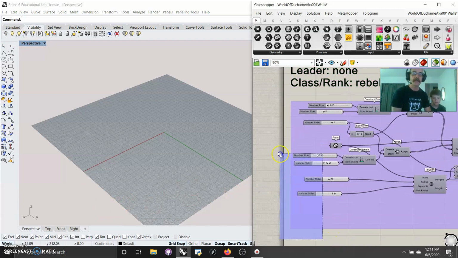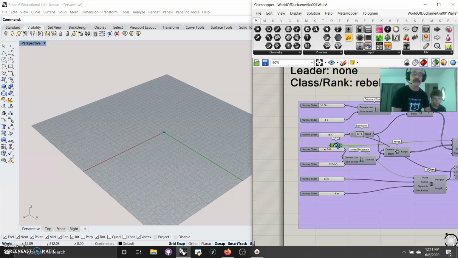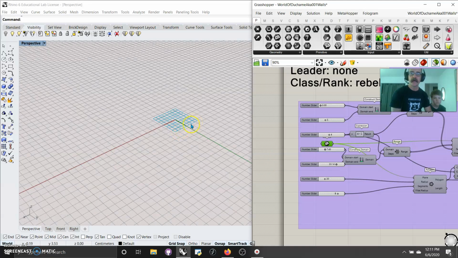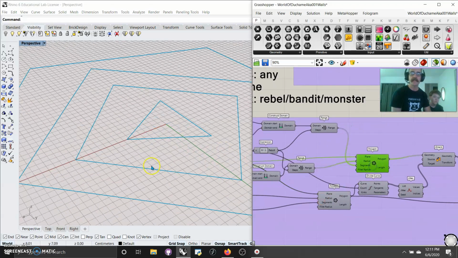What I have here is I'll grab all my number sliders and I'll center them and space them. And we have a surface that I brought in. And that surface is actually a plane. It's not a surface, it's just a base plane to start. And in doing so, I made a